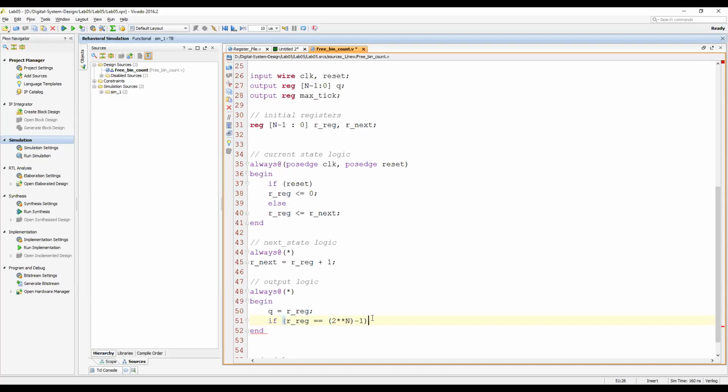So this is the maximum value. If the counter reaches the max value, then max tick is 1, else max tick is equal to 0.